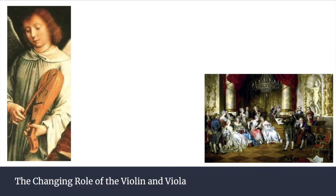So the changing role of the violin and the viola in history, you can see on the left, that is a depiction of an angel playing a rebec. The rebec, or the medieval fiddle, was often used by farmers and by just normal people to accompany themselves as they sang or as entertainment. But later,